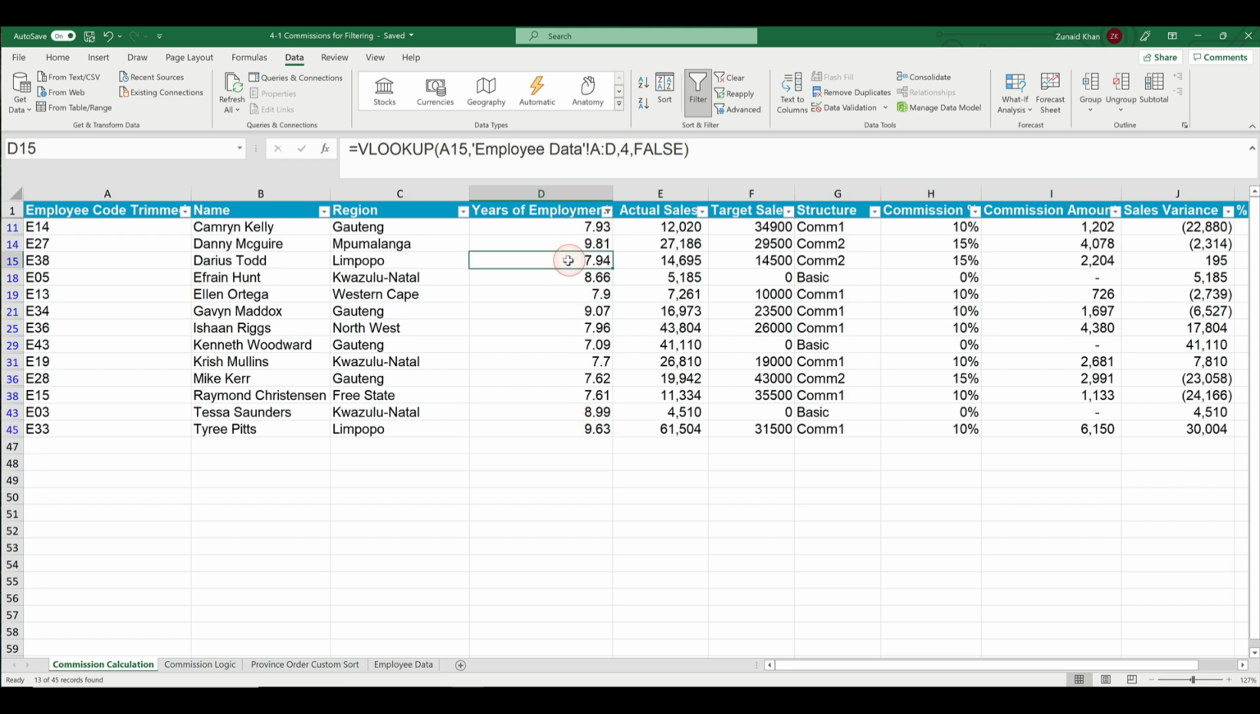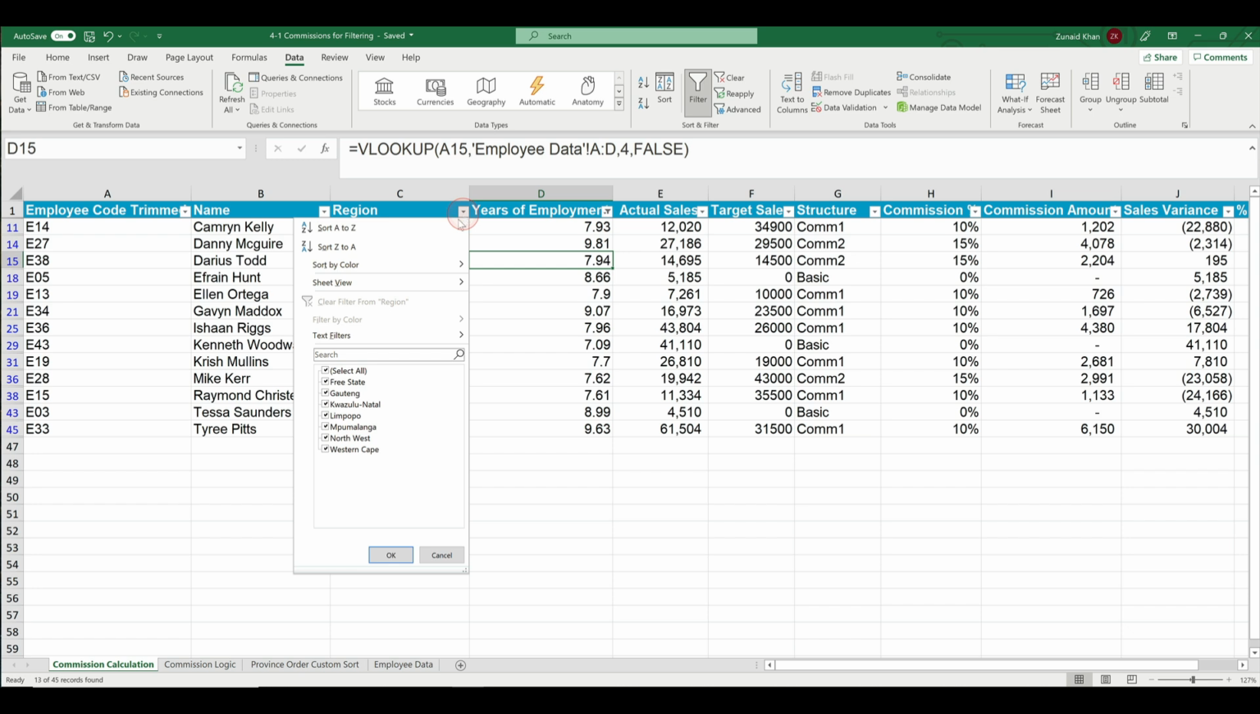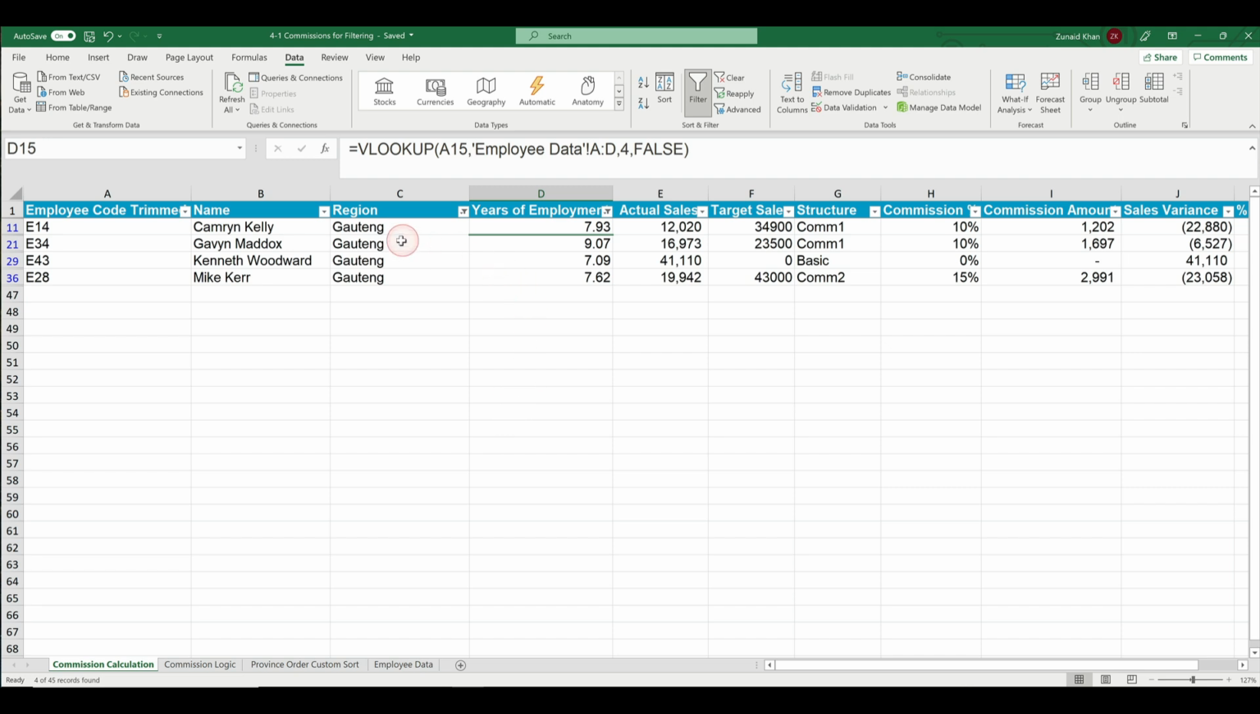Now, you can apply multiple filters. So I could be saying, look, I want to look at everybody that's between 7 and 10 years from this list, but only those that are in Gauteng. So now if I click on here, I deselect all of these and I only select Gauteng, and I click OK, you can now see that these 4 people have between 7 and 10 years of employment,